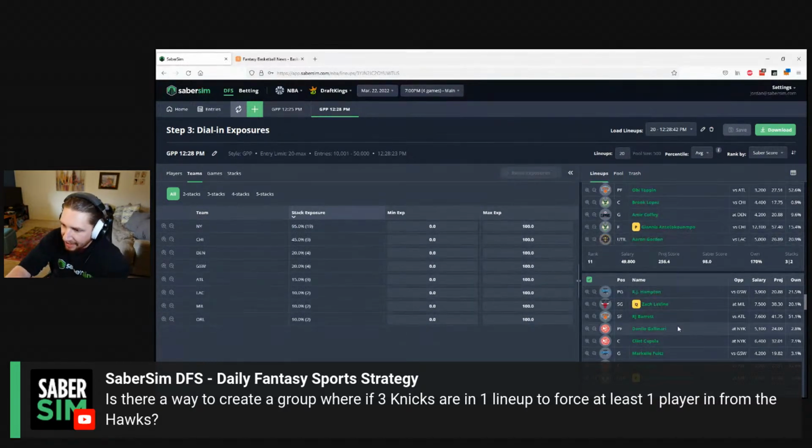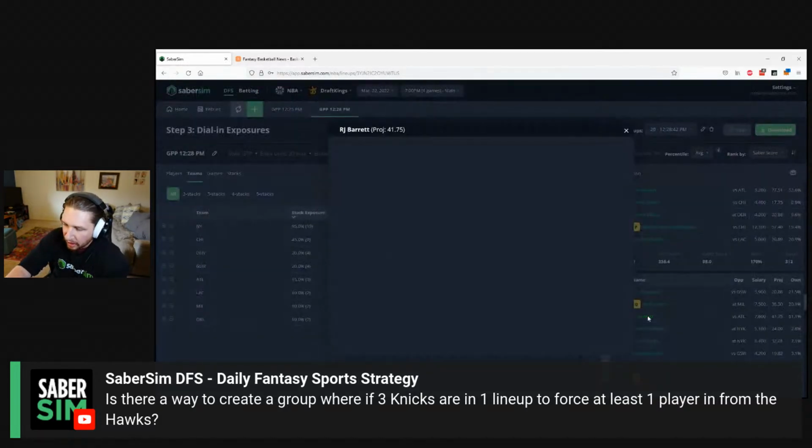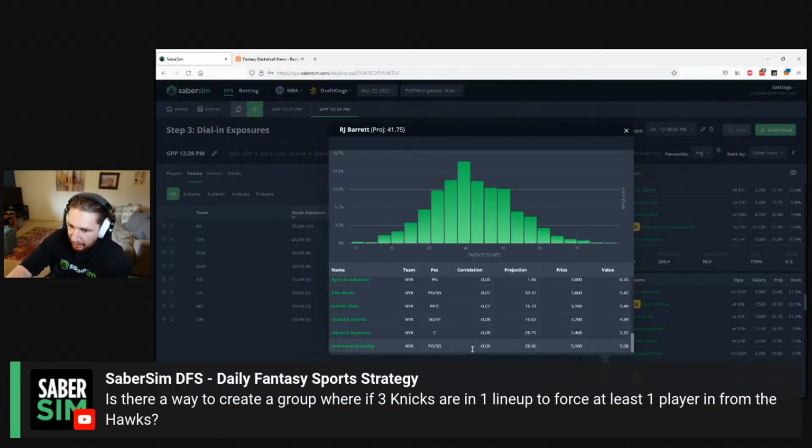And the reason why this kind of helps is because these are not super strong negative correlations, right? These are not objectively big values, but you kind of get the same stacking effect you get in baseball, but in reverse here, right? Where you may get RJ Barrett thrown into a lineup with Mitchell Robinson, and there's a negative 0.8 correlation there that isn't a big enough value for the builder to take out.